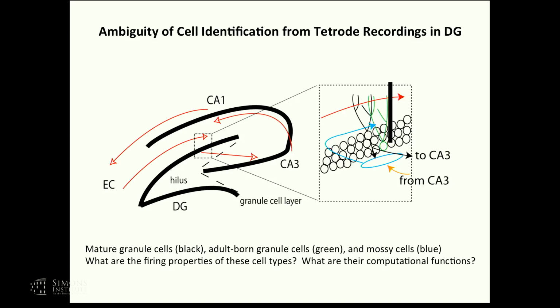The large majority of cells, a huge majority, are granule cells that are born during development. But right here in this region called the hilus, there are these large cells called mossy cells that are also an excitatory cell type. They feed back onto the granule layer and actually get feedback from CA3. And as well as in this population, we have a population of adult-born granule cells during adult neurogenesis. And the question is, if you put your recording extracellular electrode in here, you don't know which of these cell types you're recording from, as well as a population of interneurons in here, which I won't even describe.